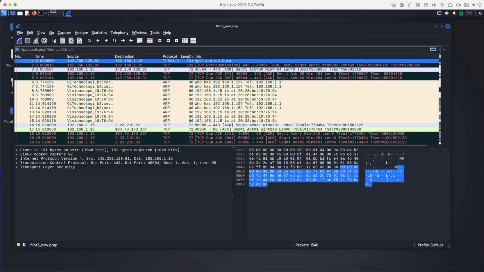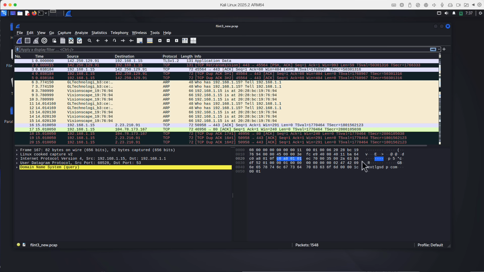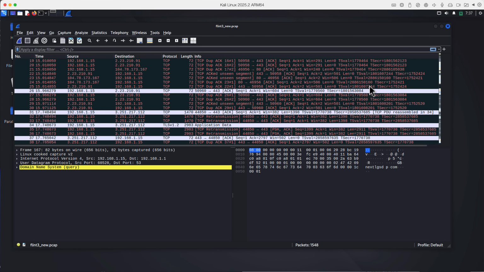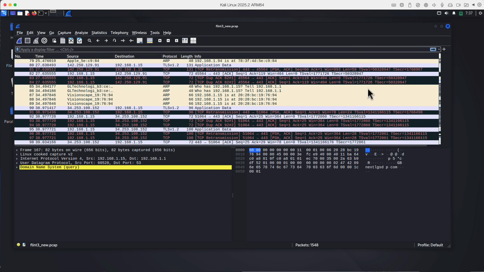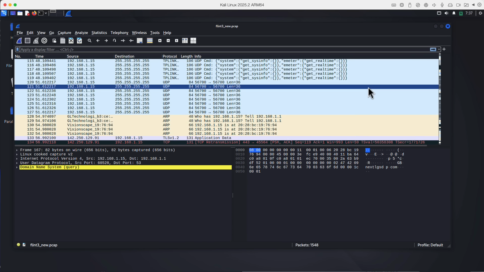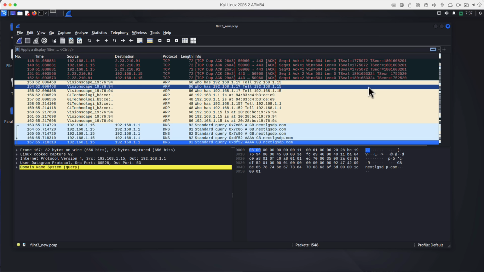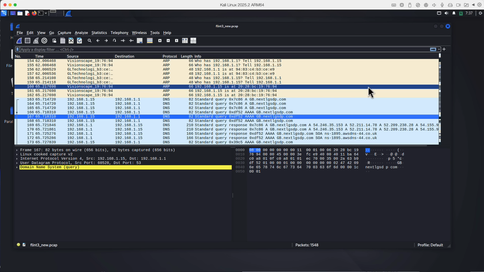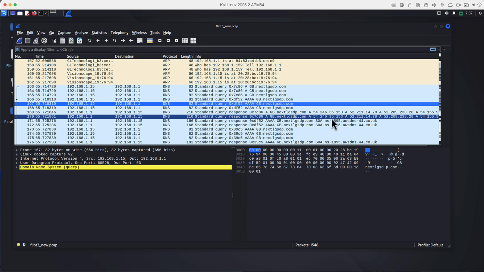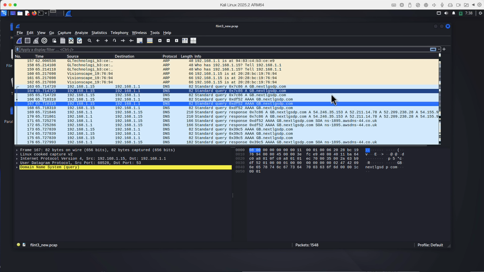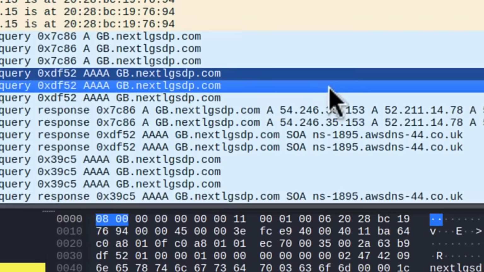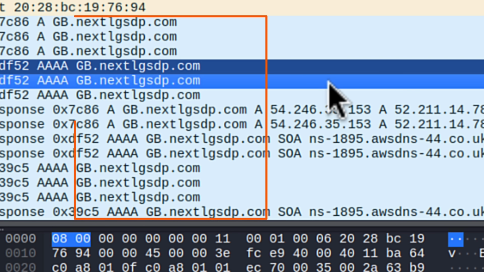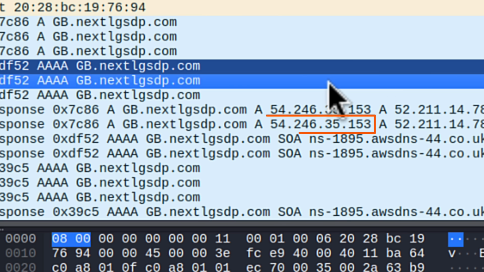And what we could do, we could try to figure out what those public IP addresses are, what servers, who they belong to, and why traffic is sent to them. But you can also just scroll down a bit, and for some of them you don't even have to do that, because you will clearly see where the response is coming from. Like look at those lines, 163 and further. You got nextlgsdp.com. This is the domain name my smart TV was asking for, and it has yet another public IP address,